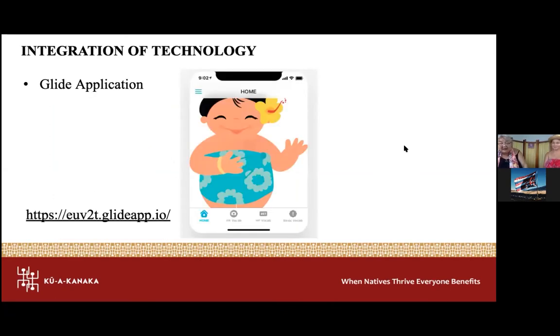Another thing, not as hard as you think, is to actually create your own apps. There's an app that's called Glide, and it's very easy to make your own apps by using Glide. And so this is a class that we are teaching for a group of students at Papakolea, and we're teaching Hawaiian language through cooking. And so we put all their cooking vocabulary and some other basic vocabulary onto this app. We also have them practicing sentences on top there.